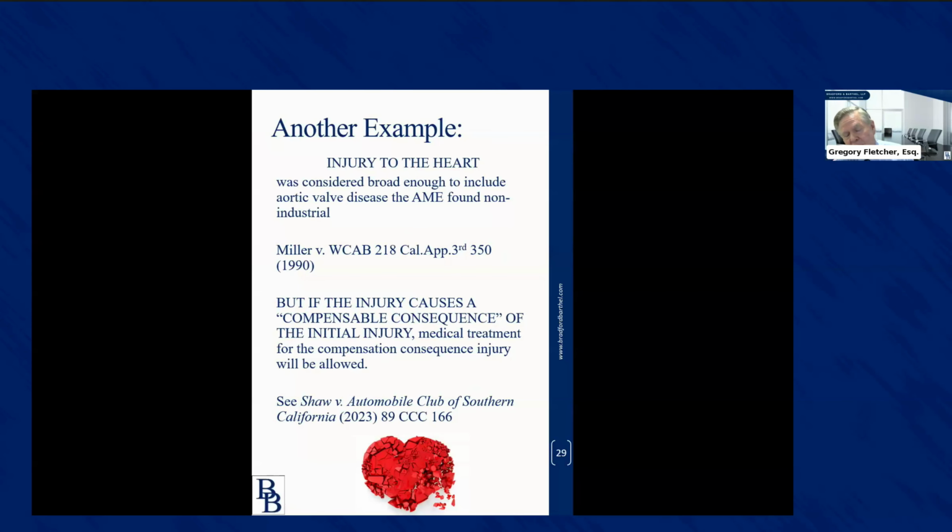Another example, injury to the heart was considered broad enough to include aortic valve disease that the AME in that case happened to have found non-industrial. So, if you've got something like this where an AME has found some of the condition relating to the body part that was injured to be non-industrial, you may want to spell that out somewhere in your settlement documents. We're not buying this non-industrial stuff. I'm not sure exactly how you do that. That would be very case specific, and judges might start looking sideways at it. But it seems to me if the AME is founded, there's a way to draft it that wouldn't cause this